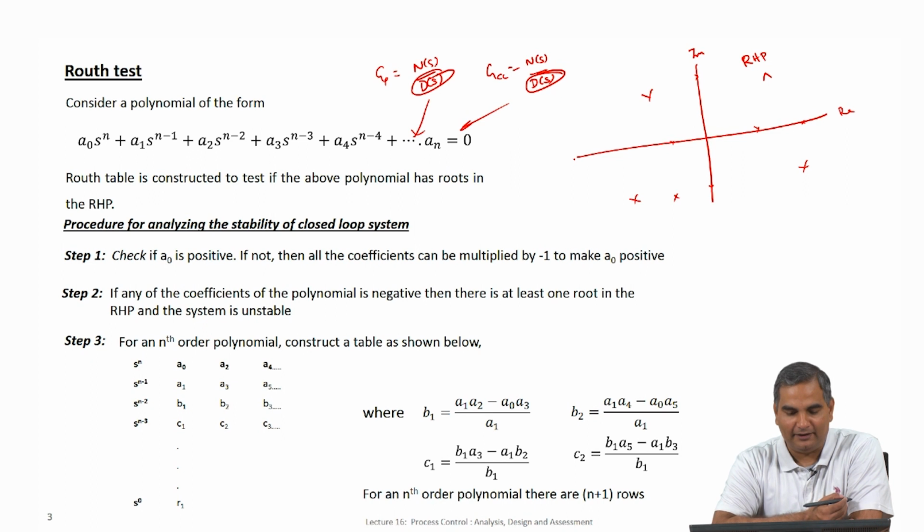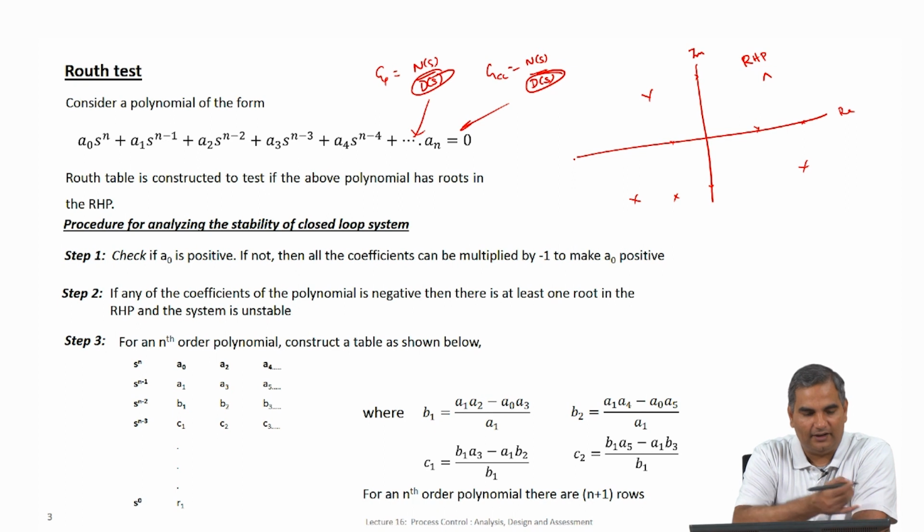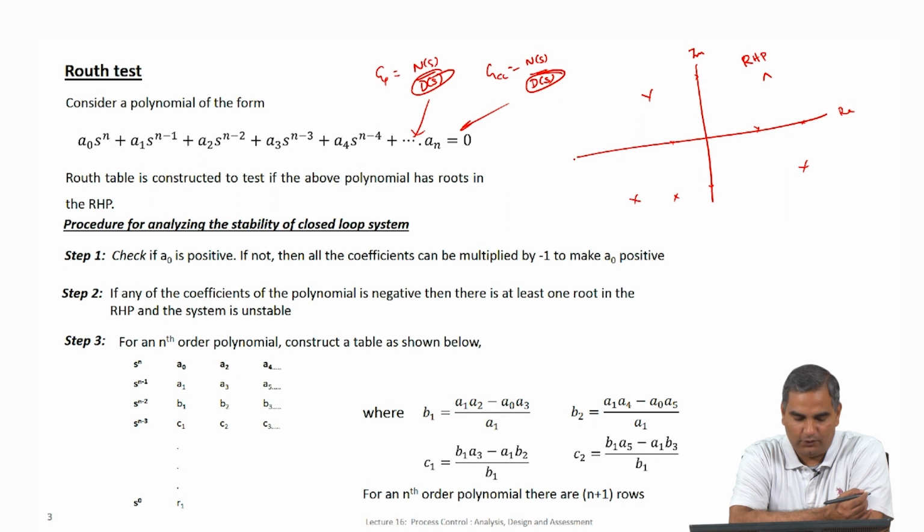But through some mathematical trick we are trying to do this without actually computing the roots, and the reason we do not actually compute the roots is because some of the coefficients are functions of the control parameters. That is the logic I want you to keep in mind, so that you see why we are doing all of this, not as just some root test that we learn. So, now let us go through a procedure, and then I am going to take several examples and run through this procedure, so that you understand how these computations are done. Once that is done, we will go on to the tuning of controllers and looking at the values for Kc, tau I and tau d based on the ideas that we have here.